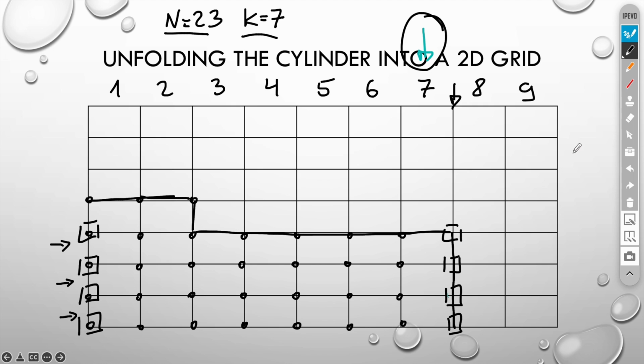This is an example with 23 papers and k equals 7, which means that this 7th column is the one wrapped around. These corners here don't require a pin. These are those shared pins for these guys on this side. Due to this wraparound effect, it's obvious that if you decide to put papers side by side, it makes sense to put them on a row by row basis instead of column by column basis.